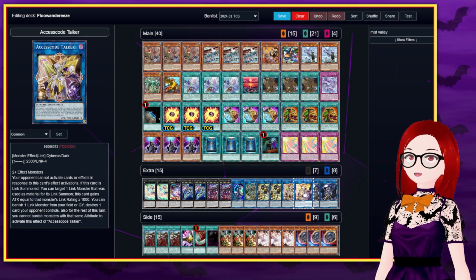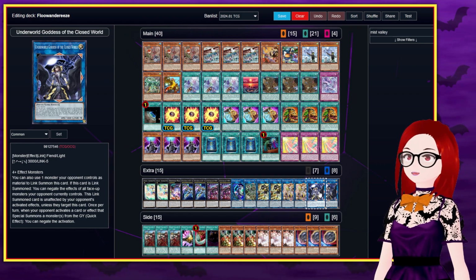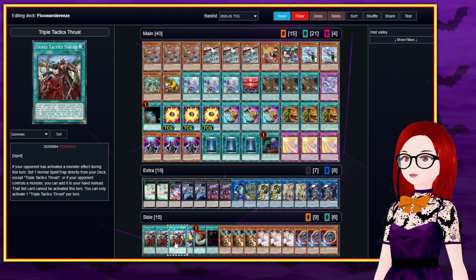Access code can help you make a lethal push if you can manage to make it, and Underworld Goddess of the Closed World could be made in similar situations to put down untouchable towers that you're having trouble outing. Just don't ask me where the material comes from. Good luck with that. Now for the side deck, we start with the Triple Tactics package with the usual 3